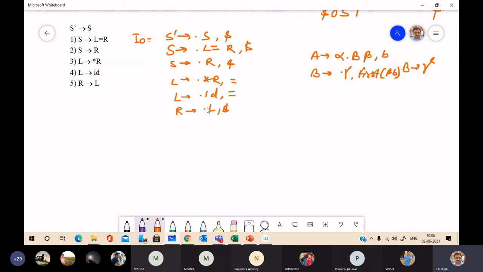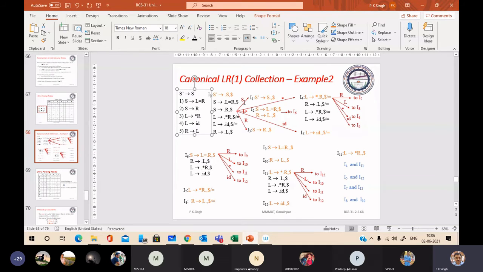So in this way, you can compute. Now we apply goto, see, we have computed the LR1 items.